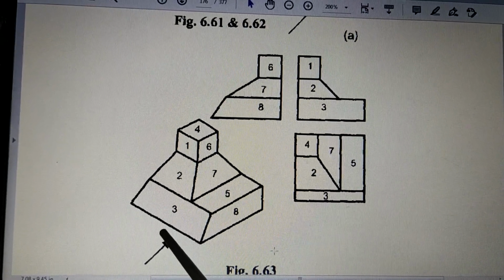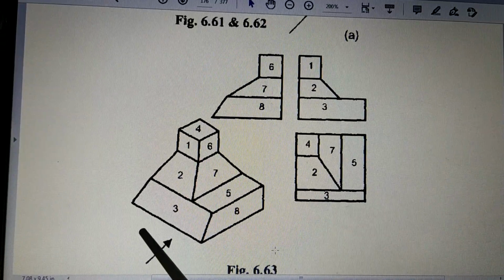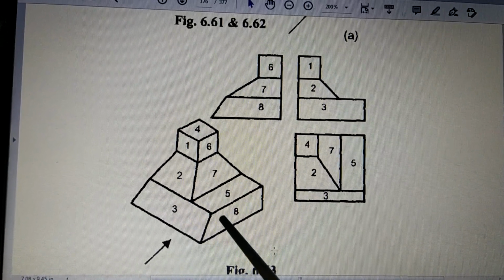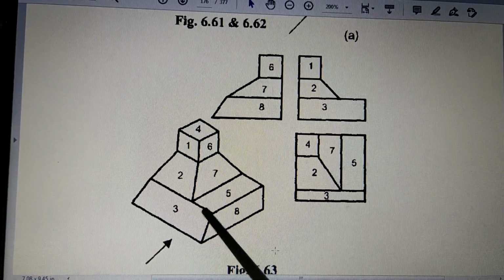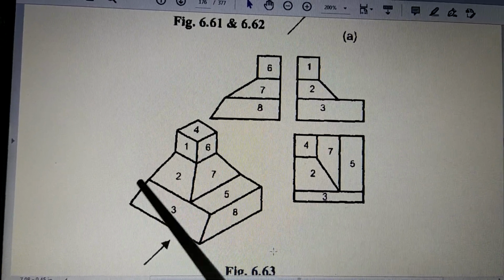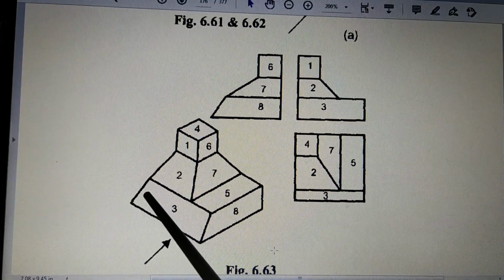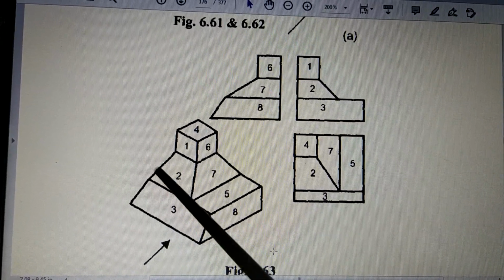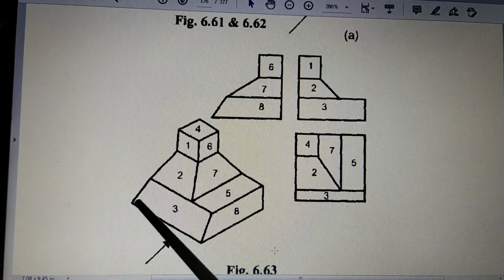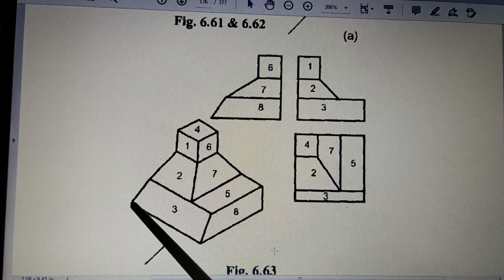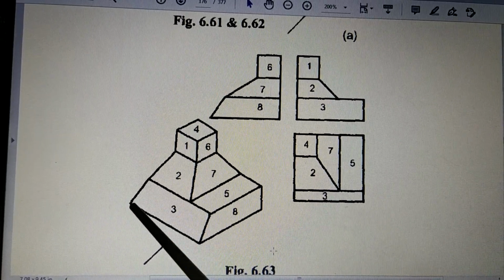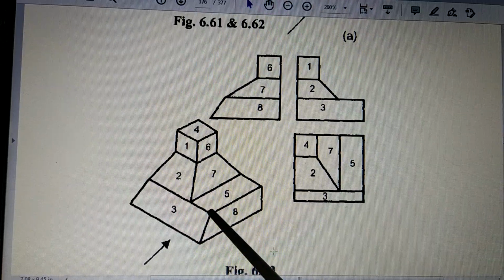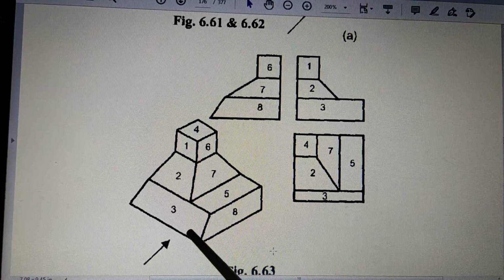In this figure, while drawing it, again there are some errors. This is like a parallelogram. That means this side and this side should be of the same length, and this side and this side should be of the same length. So this line is drawn slightly with error. Here we should have drawn this line parallel to this line, like this. When it is drawn like this, that is making some confusion. If you would have drawn like this, then it would have been seen as a parallelogram, and then you would have believed that it is inclined. But it is inclined, so let us consider that mistake.